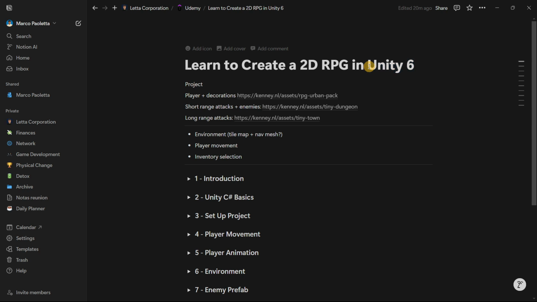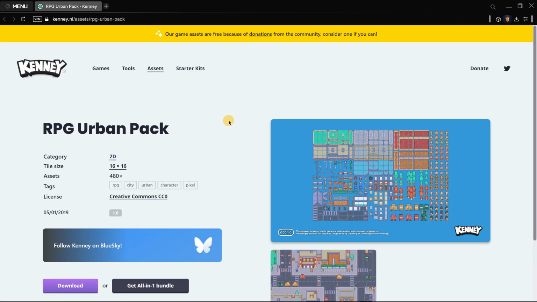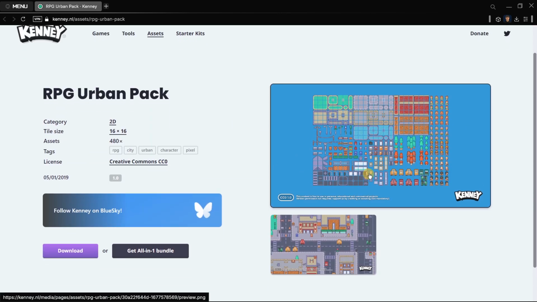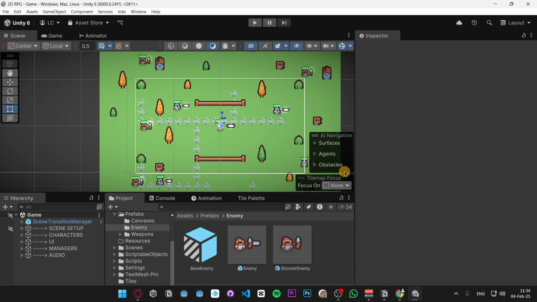What I basically do before everything is have an idea of what I want to create, and I put some assets that I want to use. I usually just grab them from Kenney. I combine different asset packs, and I start saving these things here. I also may put some annotations that I need over there. And with just this, which is super simple and doesn't take much time, I basically open up Unity and